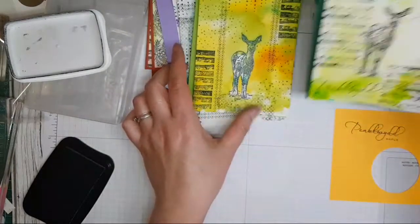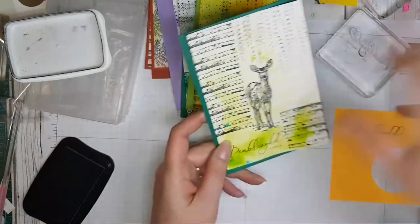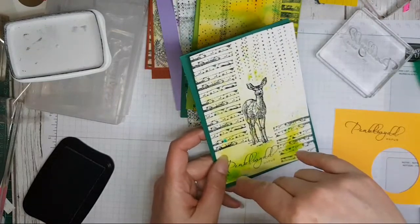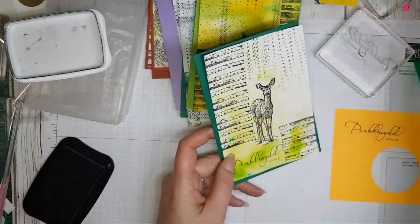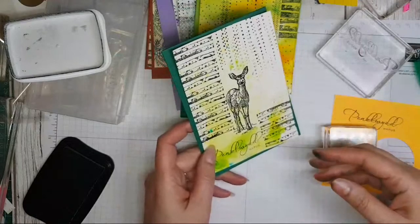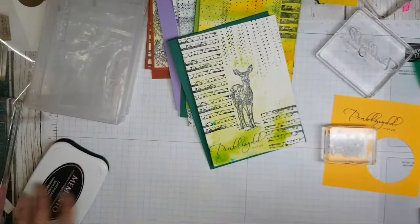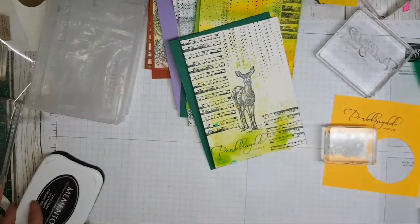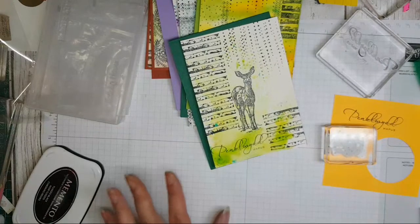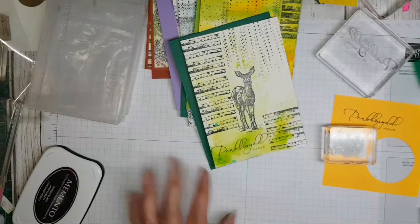Right, so thank you so much for joining me with a bit of a play with Nature's Beauty. Although we only ended up using that one deer stamp, and what I call the snow spots, this one. So it's amazing, really. Mind you, it's not amazing because I ended up using other stamp sets, but I've got a feeling this Nature's Beauty is just going to be fabulous for the next year or so. I really am hoping they're going to carry it over to the spring. Actually,